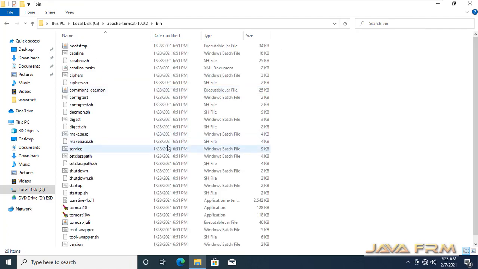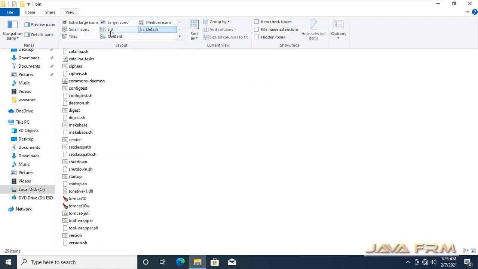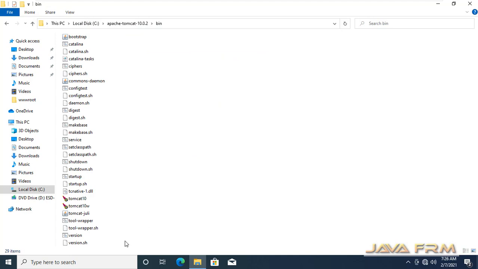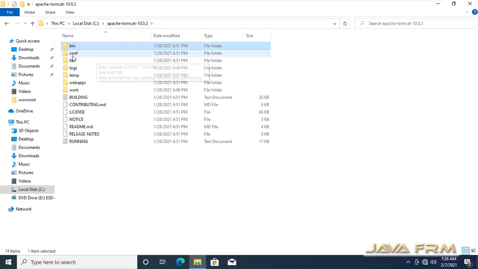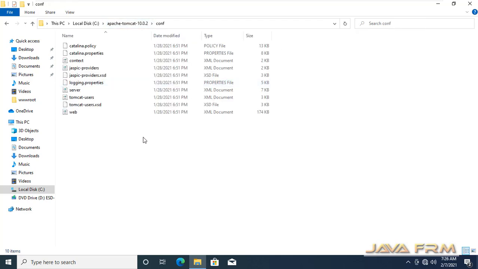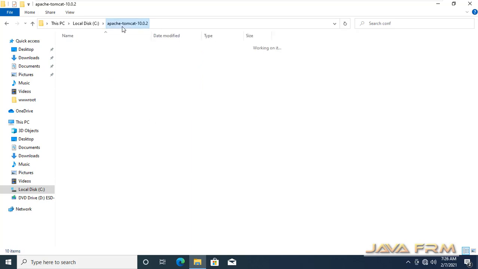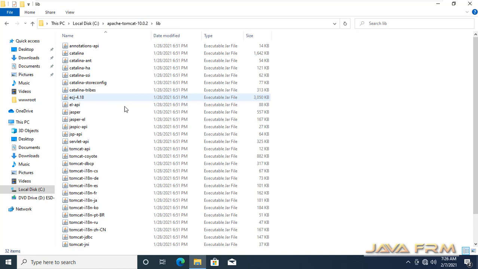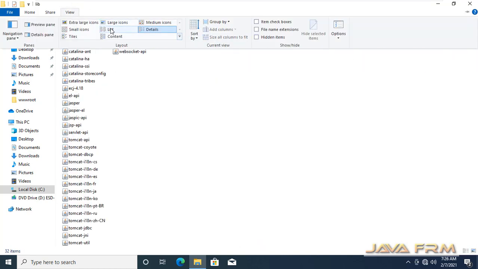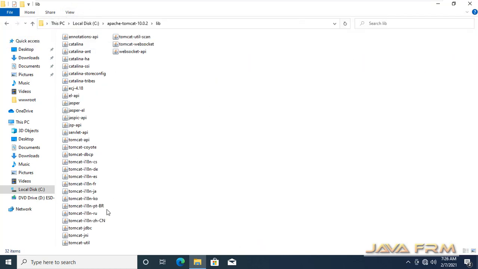The bin directory contains executable files in order to run Apache Tomcat 10, so you can start and stop Tomcat from the bin directory. The conf directory contains all the settings and configurations as XML and property files. The lib directory contains necessary jar files for Tomcat and web applications.